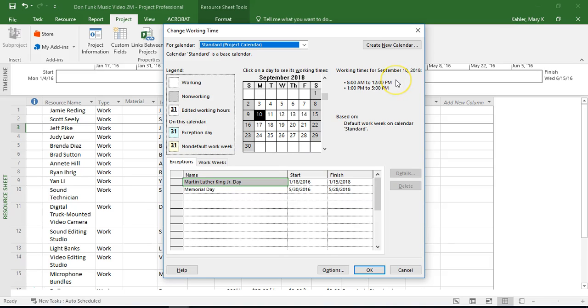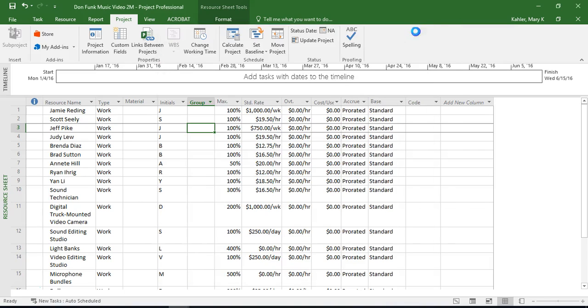Because sometimes you're going to have resources that maybe don't work a regular schedule, and people take vacation days too. So we're going to go through how to do that in this video. So we are on page 49 of the book, and we want to establish non-working times for an individual work resource. So we are going to go to Jamie Redding,